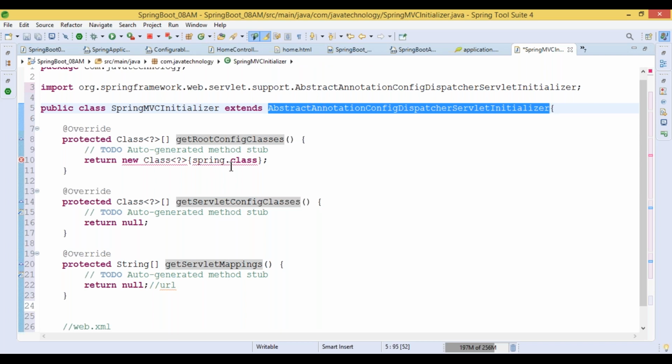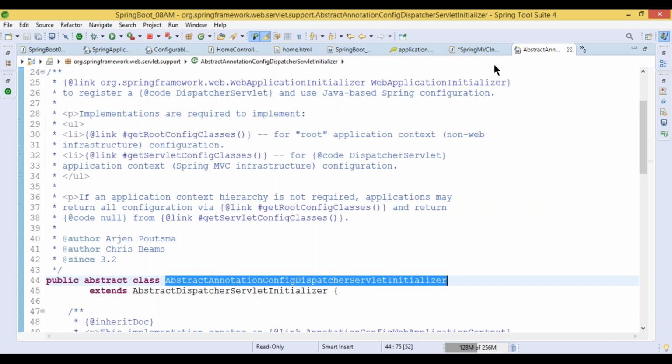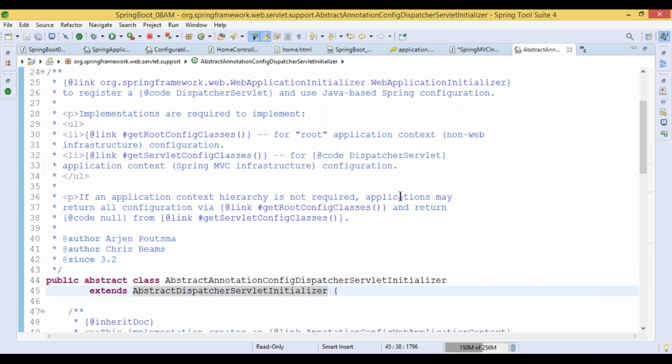Why I'm providing this information is, most of the people, I hope everyone copies from Google, but they don't know anything about this configuration class. Let me provide the information here. See here, this is an abstract class, and this class is extending the AbstractDispatcherServletInitializer.